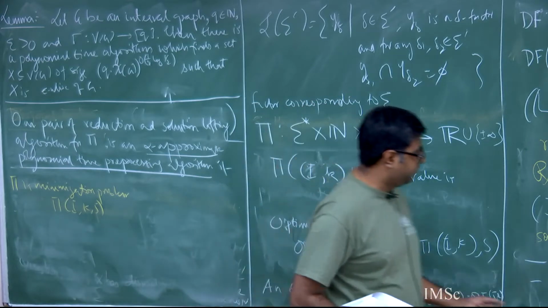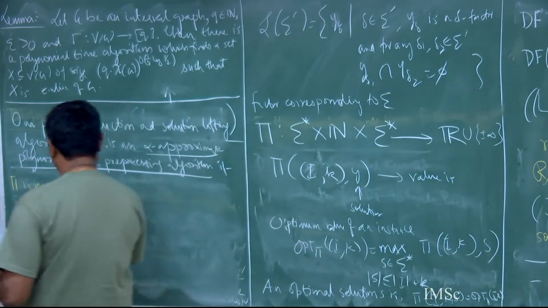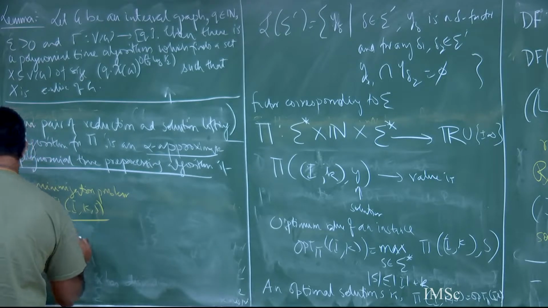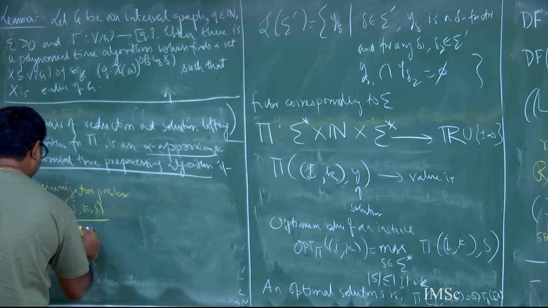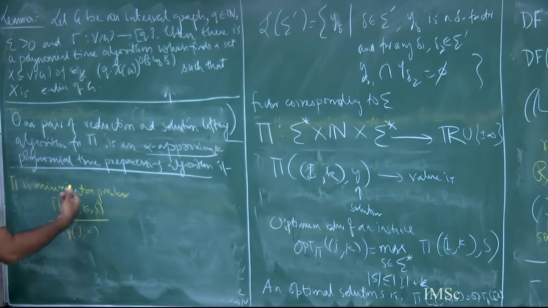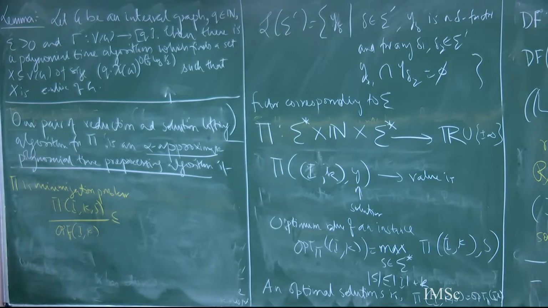My solution lifting algorithm gave him a solution S. The quality of this solution, ideally I should write opt pi (I, k). So the quality of the solution you have returned is at most alpha worse than